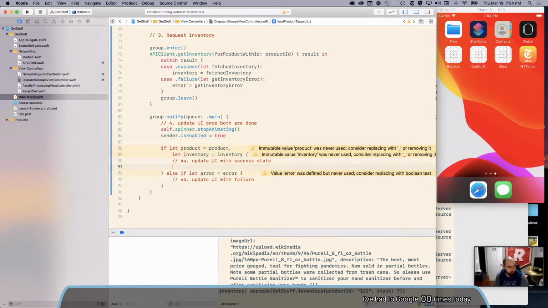Let's update the UI for success, and then we'll do our fun little error trick and do the error one and see how it's going.